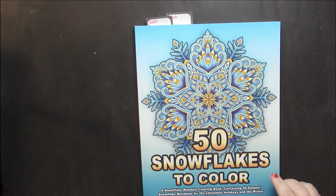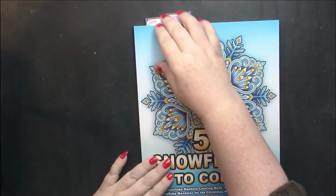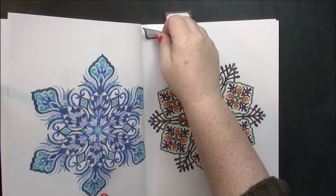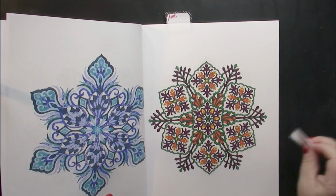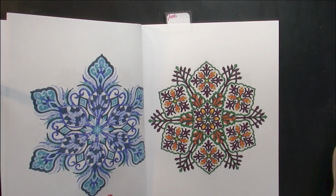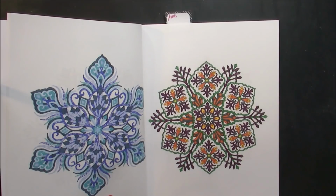Then we have Camellia Angelkova's Snowflakes to color. And I'm working in order in this book. So I did this one, and these are random. My mandalas are always random. So this was, I try to put my palettes down at the bottom, but I forgot. I think this was